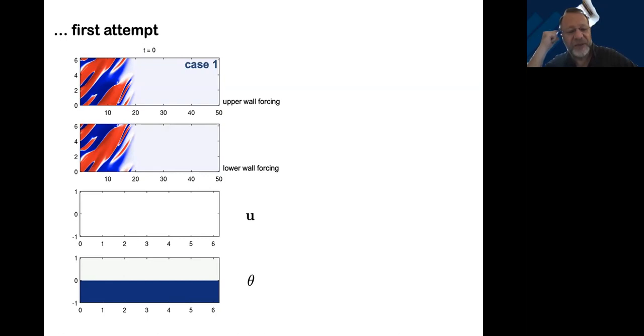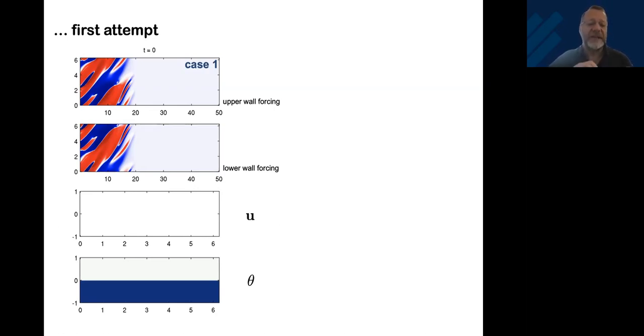The second one from the bottom is the velocity field that we actually instigate, and I subtracted out the mean flow profile. And then the top two are what kind of forcing the optimization came up with. The top one is the upper wall, and the second one is the lower wall forcing. That one is an XT diagram. So T goes from 0 to 50, and X goes from 0 to 2 pi.